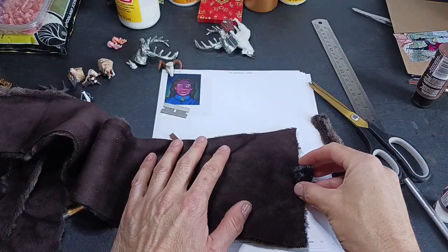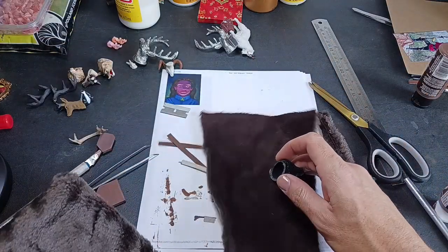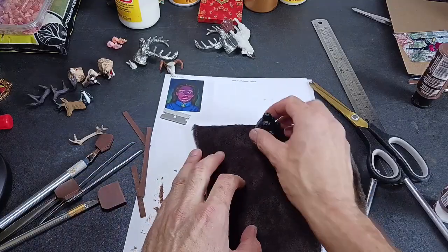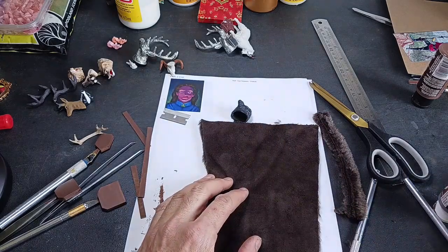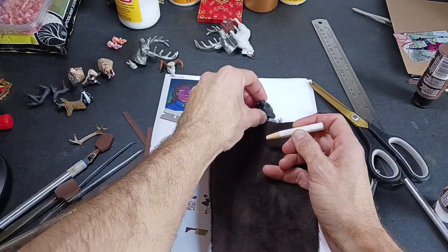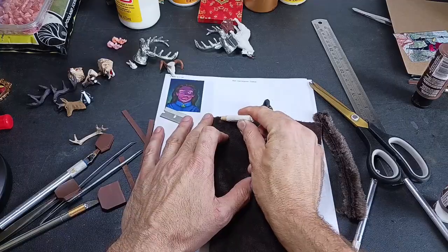And I'm not that familiar with a bear skin rug, so I'm assuming that the bear is just kind of flattened out. I mean, I could look at pictures. I mean, I kind of know what they look like. But okay, so usually their arms, they're just kind of spread out like they were laying on their little bellies. So I'm basically going to lay the head where I want it up here, and then just kind of draw that out, which I'm sitting here with this